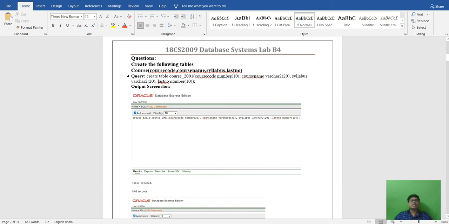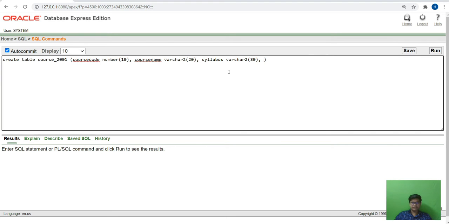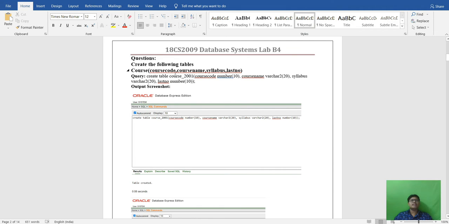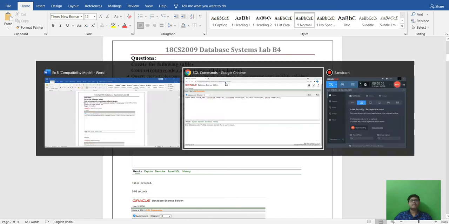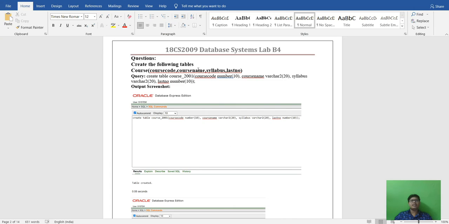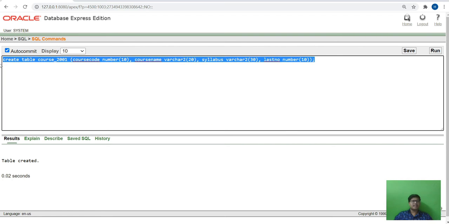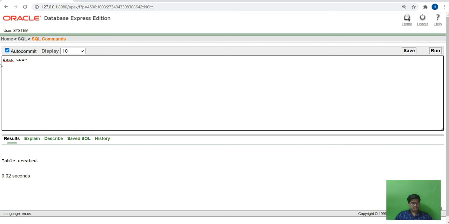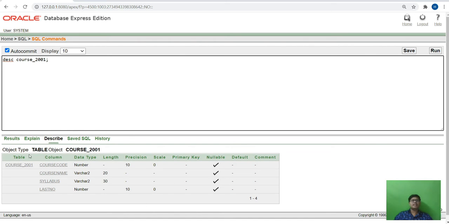Next, last number, and here we will give 10. Okay, so now the course table is created. Let's check the describe. So this is the describe of the course table.